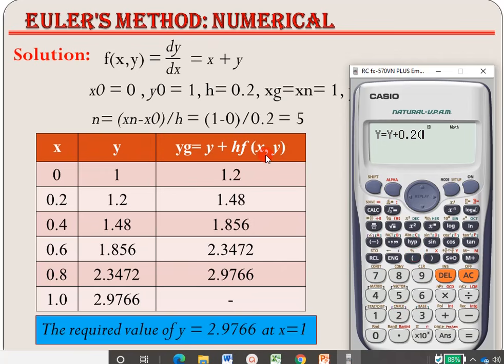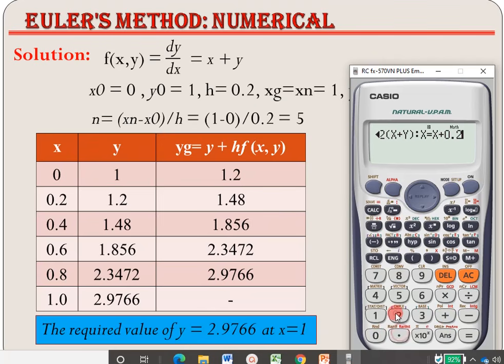For this function we have to write the given equation. In this case the equation is x plus y. So you have to write it as it is, that is alpha x plus alpha y. Bracket complete, and then we are going to take the value of x as an increment, x0 plus h. So again use alpha colon, then alpha x equal to, so again press alpha equal to, then again alpha x plus h value. So h is again 0.2, which is constant.